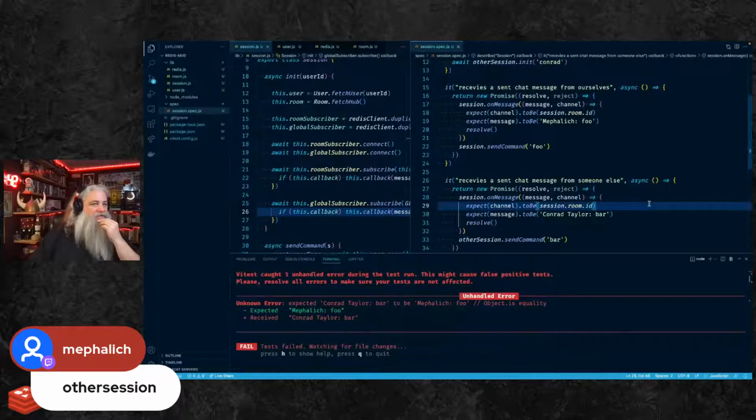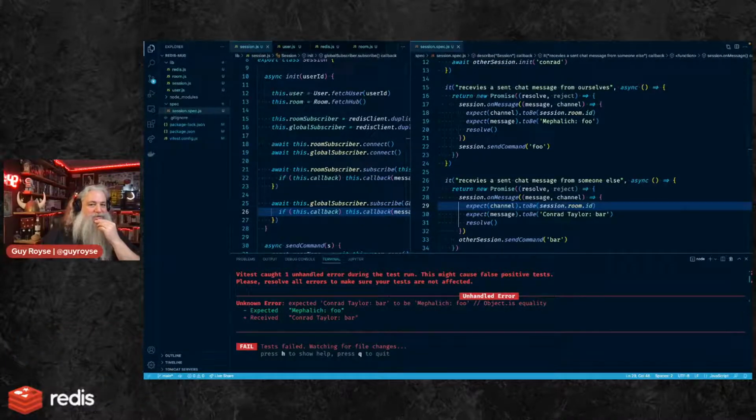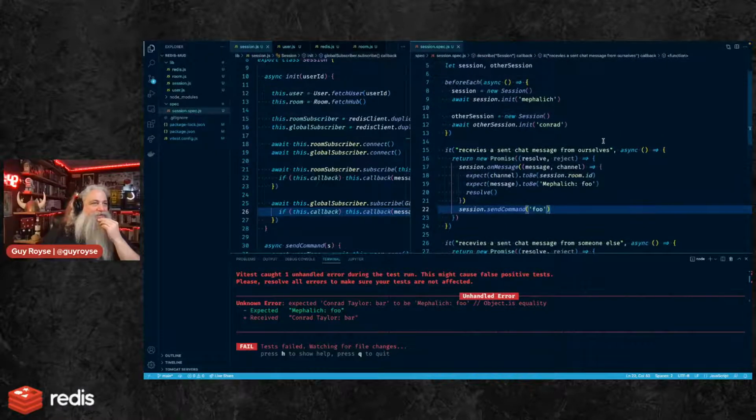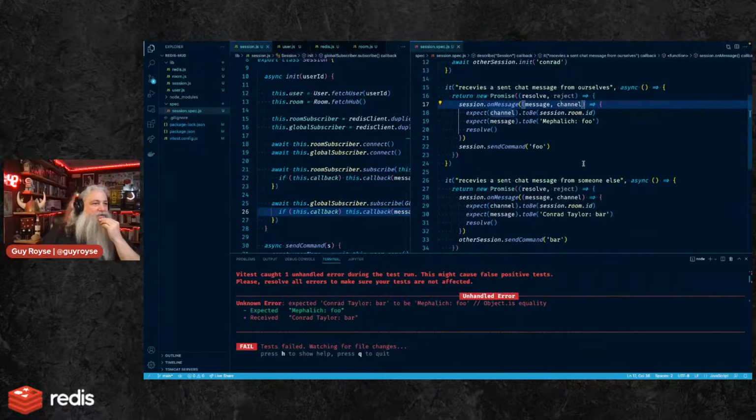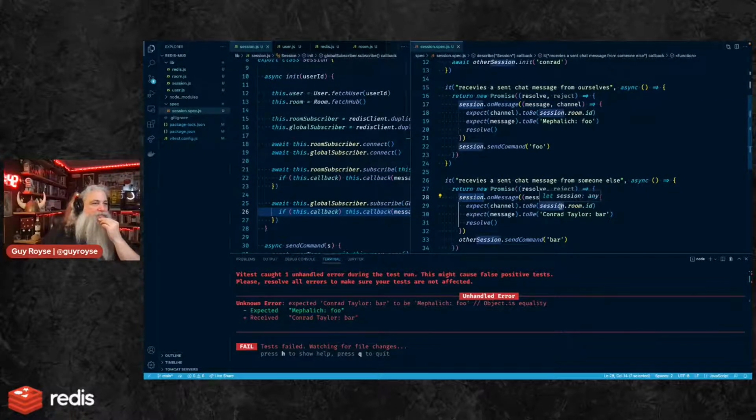These are actually hard tests to write because what's happening is I've got two sessions. And session.onMessage here. Like this should show up for both.